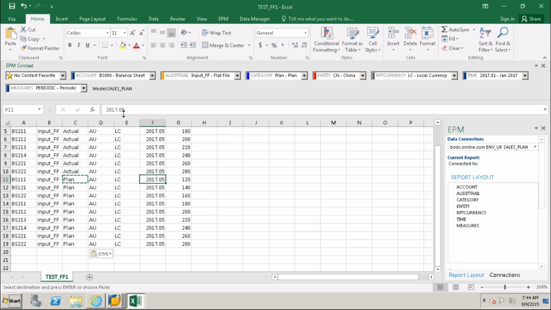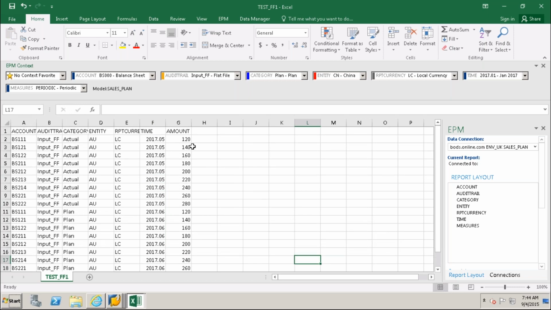Plan I'm going to take 6th month. Actual will be queried out to forecast. Plan will be queried out to budget. This is for 5th month and this is for 6th month.